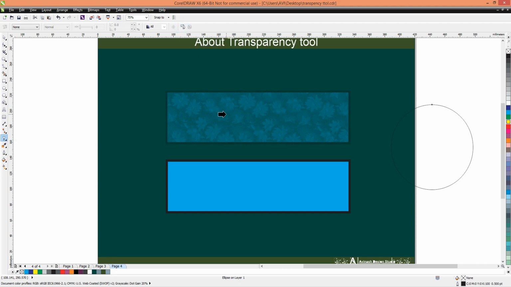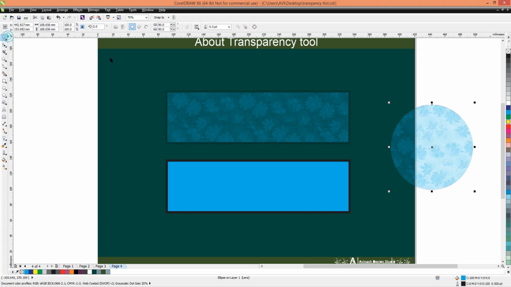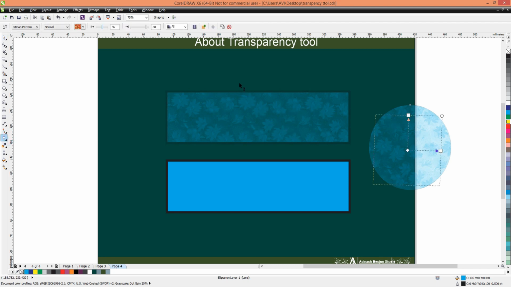We click on the transparency, we click with the arrow. It applies on the circle where we want to place this transparency. So any kind of transparency we use, we can apply the same transparency on another object also.